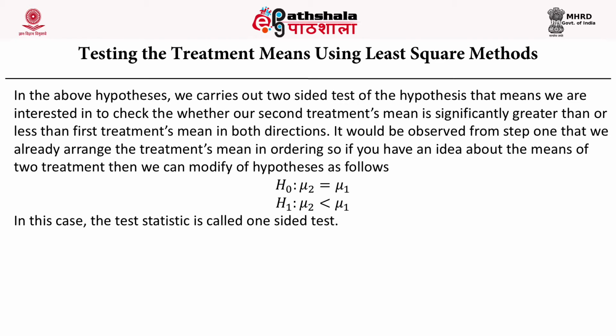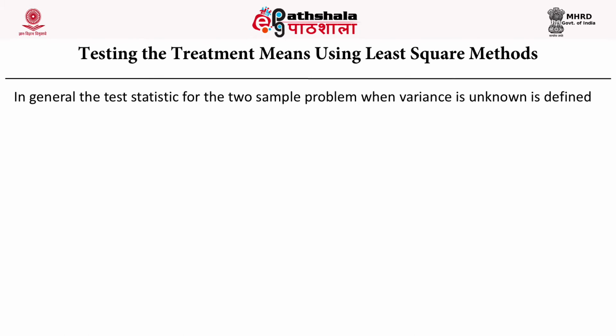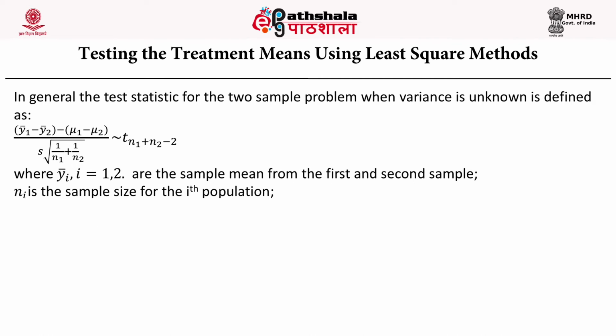H naught, which is mu2 is equal to mu1, and H1 is mu2 is less than mu1. In this case the test is called a one-sided test. In general, the test statistic for the two sample problem when variance is unknown is defined as y1 bar minus y2 bar minus (mu1 minus mu2), divided by s into square root of 1 upon n1 plus 1 upon n2, and that follows a t distribution with n1 plus n2 minus 2 degrees of freedom, where yi bar, where i takes value 1 to 2,